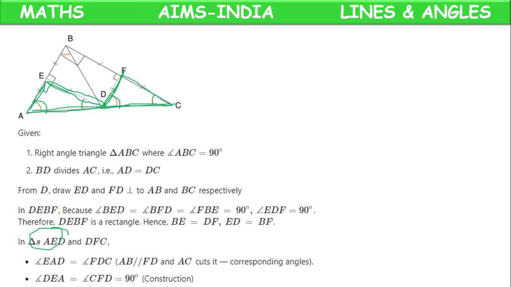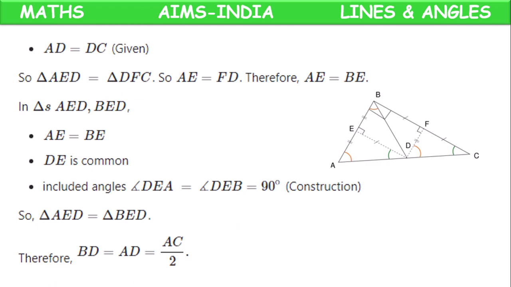And this is 90 degrees, this is 90 degrees construction. We have constructed like that. And DE equal to DF, same sides, equal. Rectangle. Already we have, so only this angle is equal, this angle is equal, two angles. And this AD equal to DC.